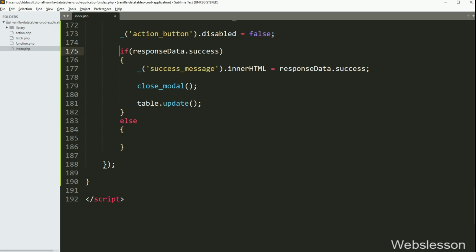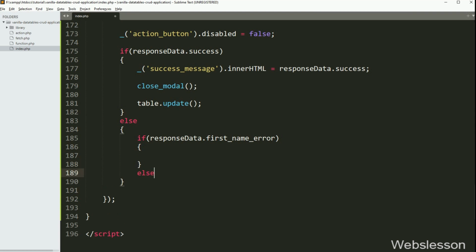But suppose this condition is false, then it will execute the else block of code. Under this block, we have written an if statement, and under the condition, we have written the response.data.firstNameError variable. If this condition is true, then it will execute the if block of code.